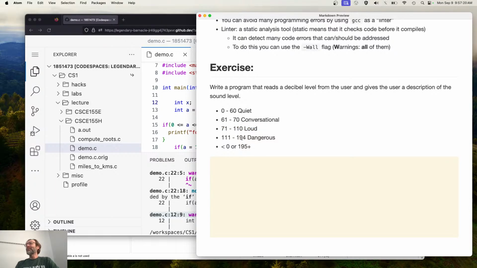Well, it's probably not possible, but it can get dangerous, right? Eardrums pop. Or even beyond, I forget what the actual decibel level is, but compressive waves, explosions, those can become deadly, right? So you can have fatal decibel levels, and this is on a logarithmic scale, so it would be a lot higher than this. So what we're going to do is write a program that reads in a